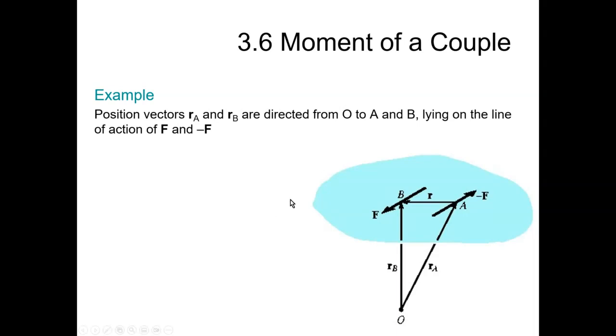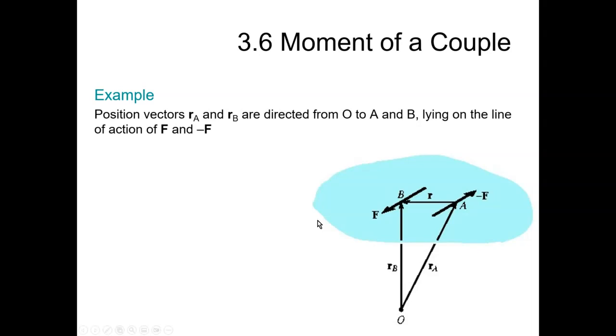So I could take the couple with any arbitrary point of rotation, and that is one way of interpreting the couple. The couple, if you want to calculate in a scalar fashion, you simply find the shortest distance between two forces. But if you want to do the vector fashion,